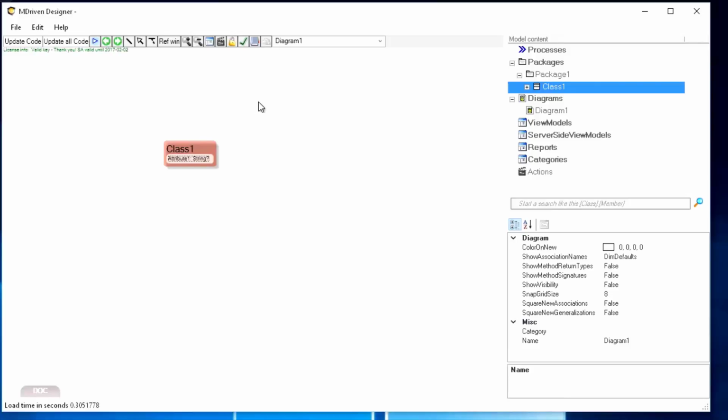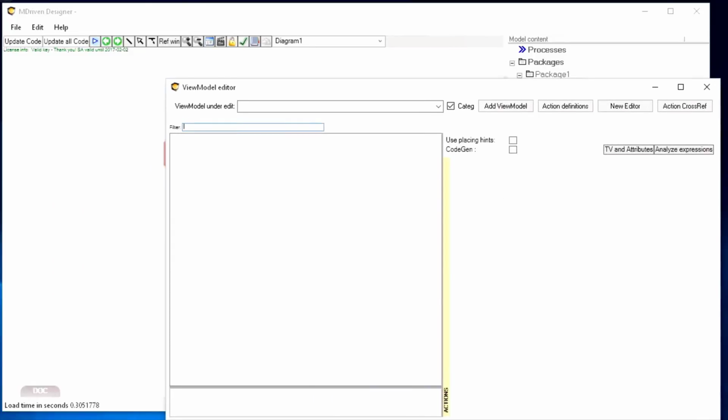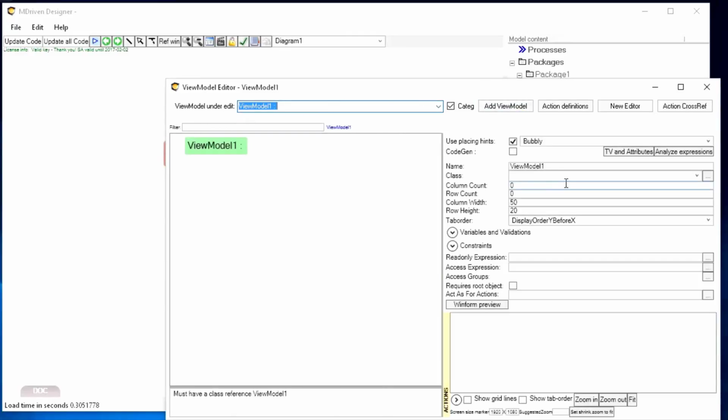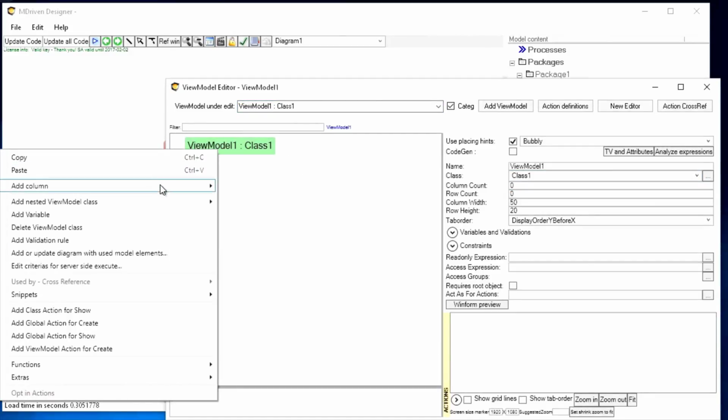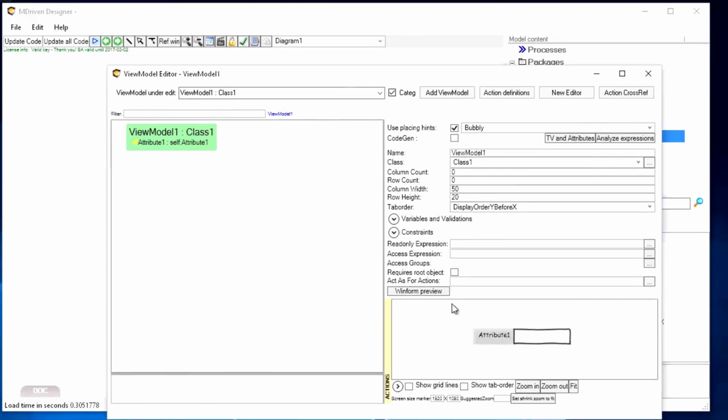So in order to view this information, we need a view model. And let's do that. So let's do a view. And we say what kind of class it is, and when we have done that, we can add attribute 1. So that would be our view,